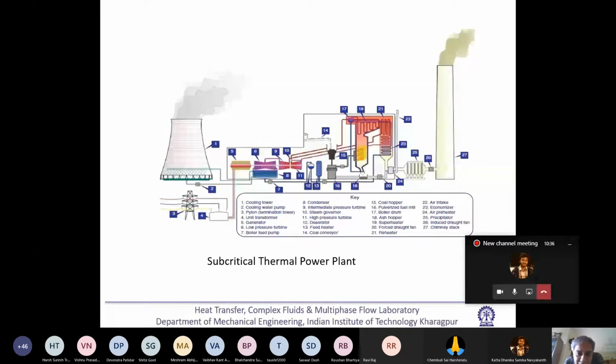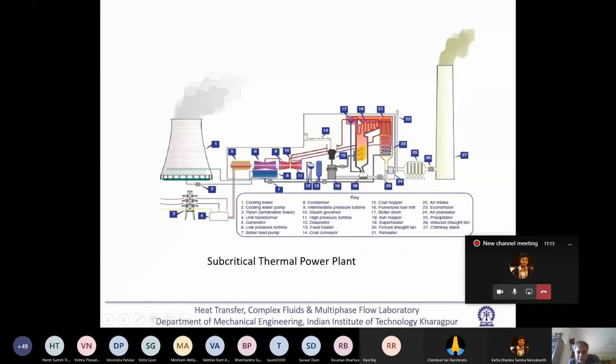And then ultimately there is a fan which is called the induced draft fan, because it is drawing the air, and through the induced fan it will go to the stack or chimney. So this is in general the arrangement of a steam power plant. This figure is very small, that's why there could be a little bit of difficulty in following it. But if you give a certain amount of care and time, you will be able to understand it.